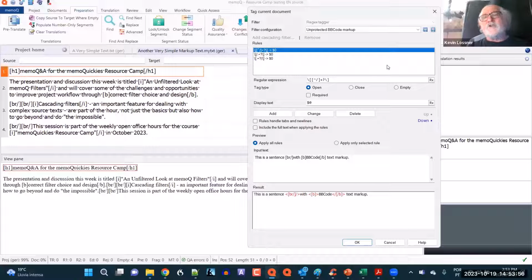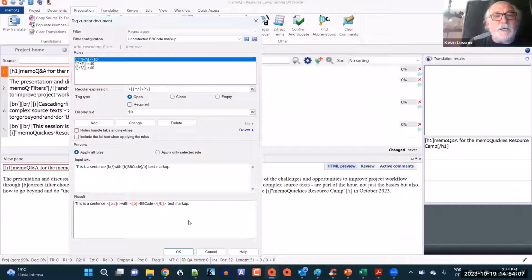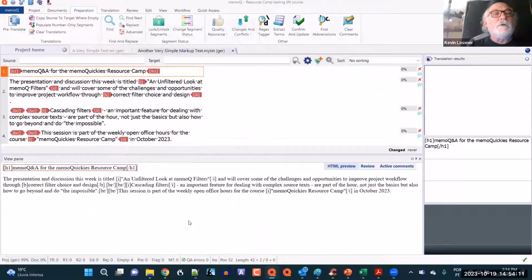Okay, and it's actually saved with a different example. So it kind of looks like it might do what I need it to do. So let's go ahead and just click OK. And sure enough, all of those funny structures that I need to be careful of are now protected as inline